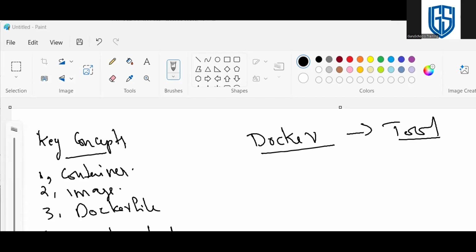So the next thing is Docker Hub. Docker Hub is a public registry where Docker images can be stored and shared. It allows users to pull images from or push images to the central registry. It's similar to GitHub, a central repository where we pull our images whenever we need.